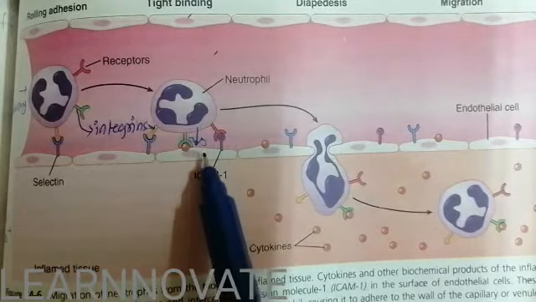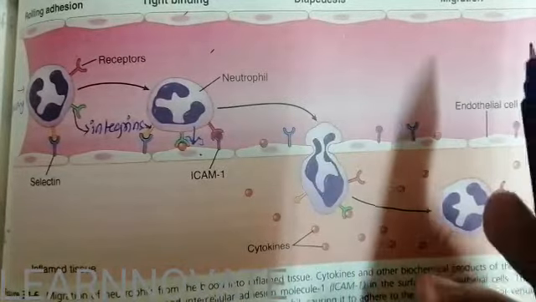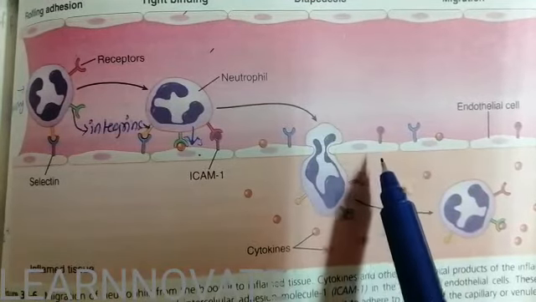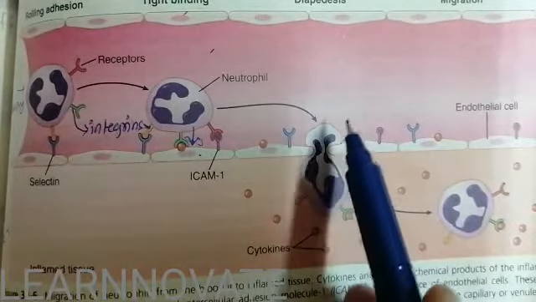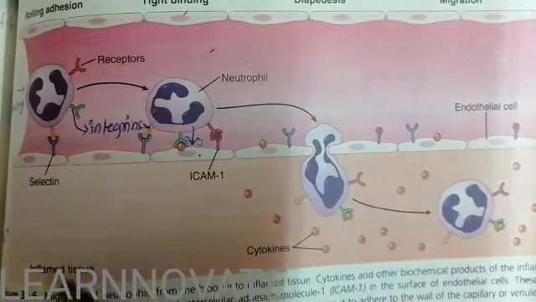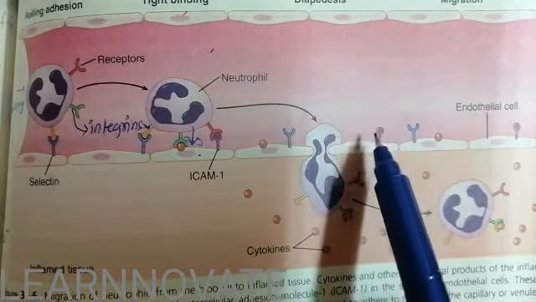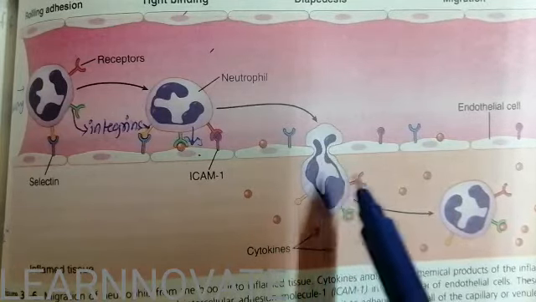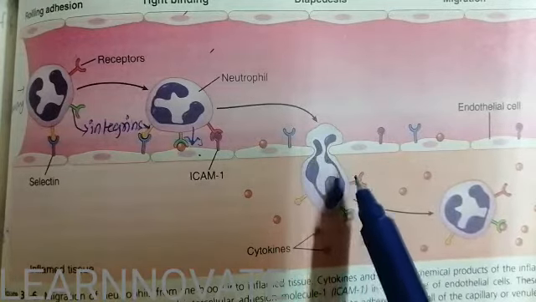When this neutrophil comes close to the endothelial lining, there is a process of diapedesis. In the previous video, I discussed what diapedesis is. Diapedesis is just the squeezing of a cell through a capillary wall or capillary pores. So in diapedesis the neutrophil squeezes from the blood into the injured tissue site. Because the inflamed tissue has increased capillary permeability, as we have discussed, and also vasodilation, it is a very easy pathway for a neutrophil to squeeze through this large space. Otherwise neutrophils cannot squeeze as much, but in inflamed tissue the squeezing and diapedesis increase.